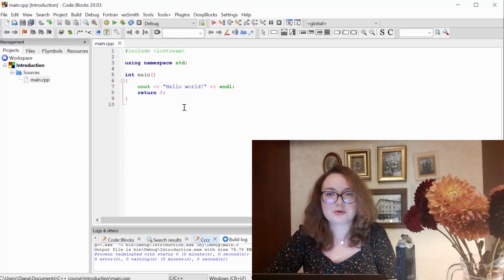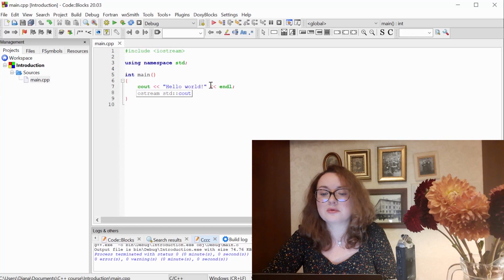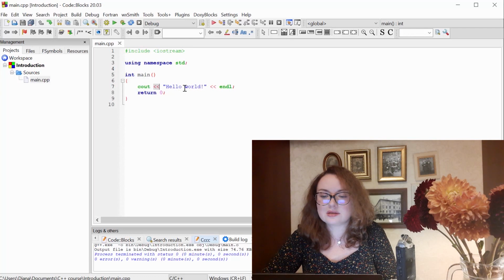Any program project will have a main function, and the very first line of the main function is the entry point of your program. So here you can see that the very first line that will be executed in this code is line 7, cout hello world, end line. Cout is a word reserved for the start of the console output, and everything we want to send to the output stream is bracketed with this less sign.